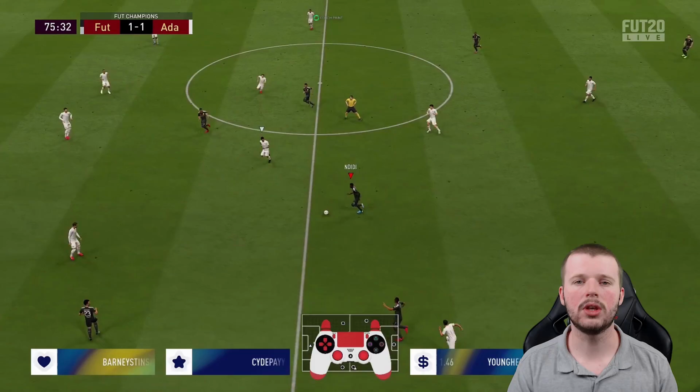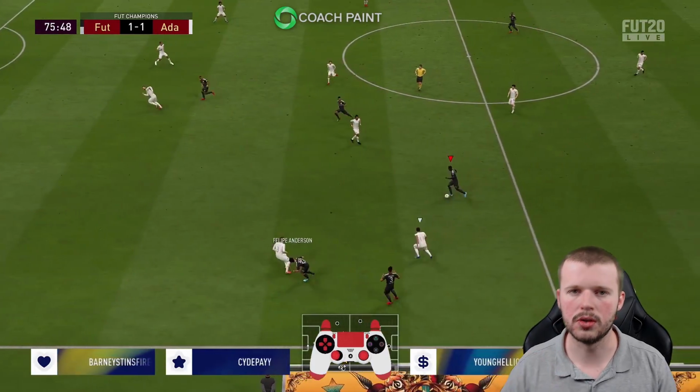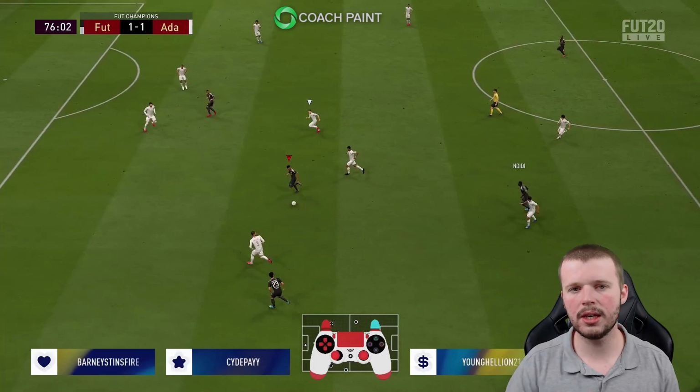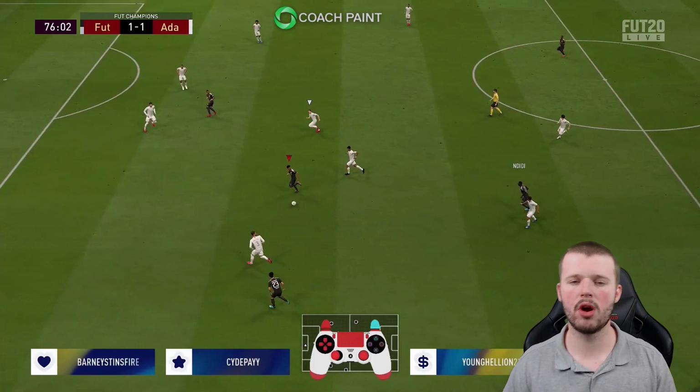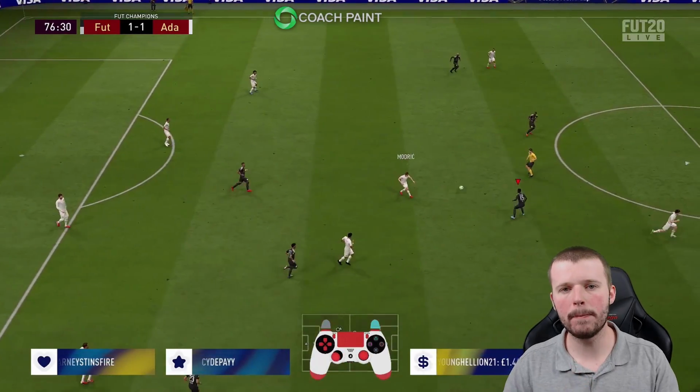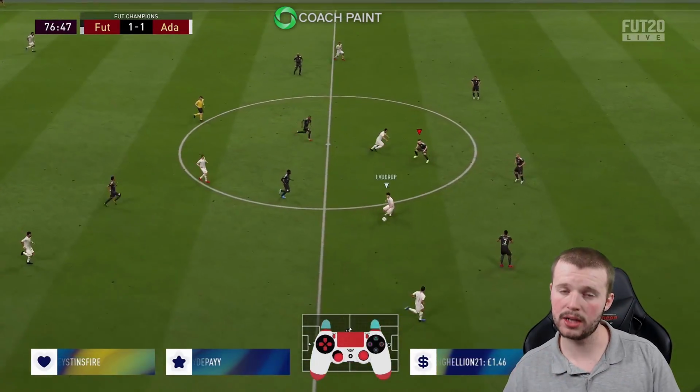How can we do that? We can use things like a first time fake shot, using the heel to heel, using the ball rolls and the drag backs that we've spoke about to keep the opponent guessing. What you want to be prioritizing, guys, is the pass into the box. All right, if you can beat the two centre defensive mids and you have a pass onto your striker who's